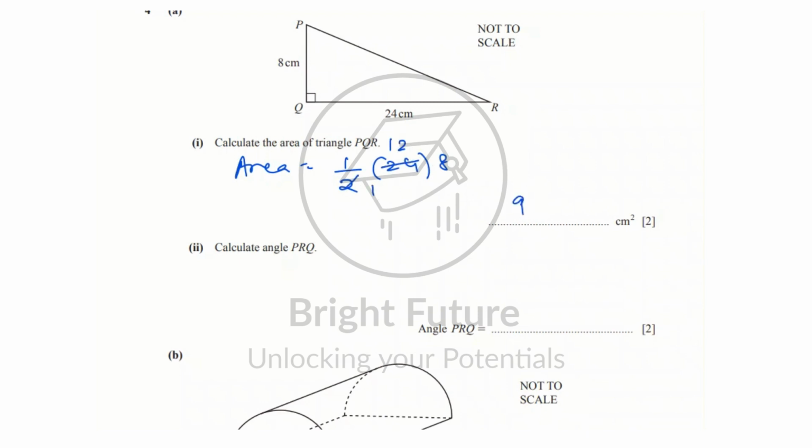So we get 96 centimeters square. 1 mark for the formula and 1 mark for the final answer. Calculate the angle